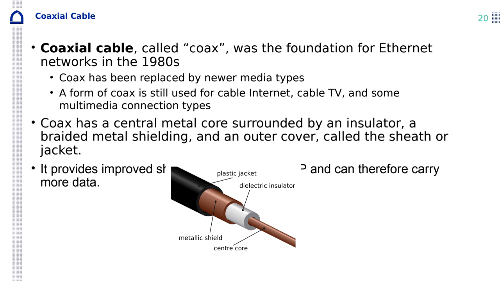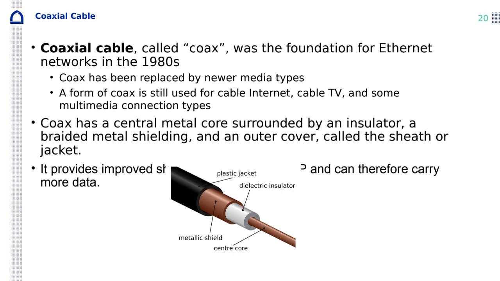The coax cable was made in the 1980s. It has a core metal surrounded by insulator. It provides improved shielding and can carry more data actually. But the thing is, it is more expensive, and if you have many wirings inside the room, this will be very bulky. It's not practical